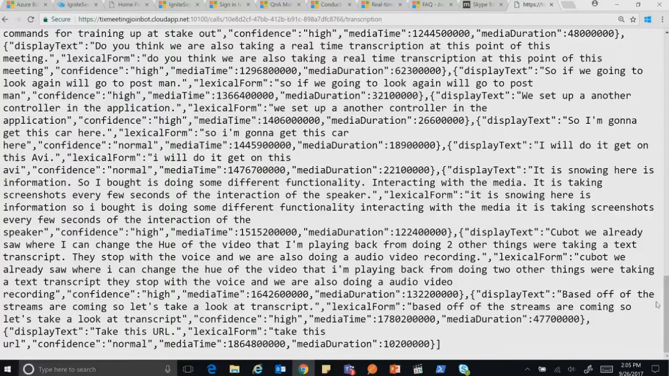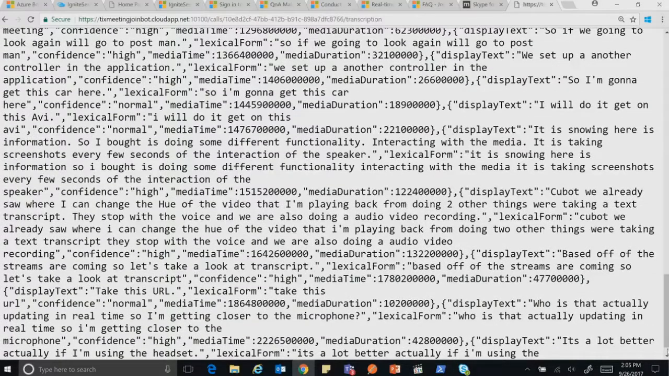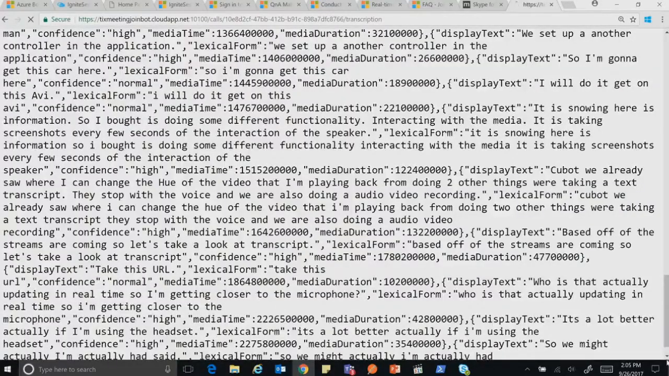So I'm going to get closer to the microphone. And it's a lot better, actually, if I'm using the headset. So I might actually plug the headset in so we can take a look. This will just take me 1 second. There's a lot of echo. It's not super accurate, but you can see